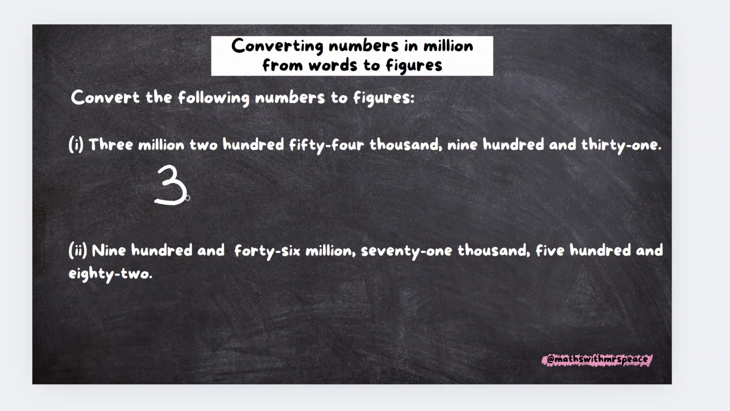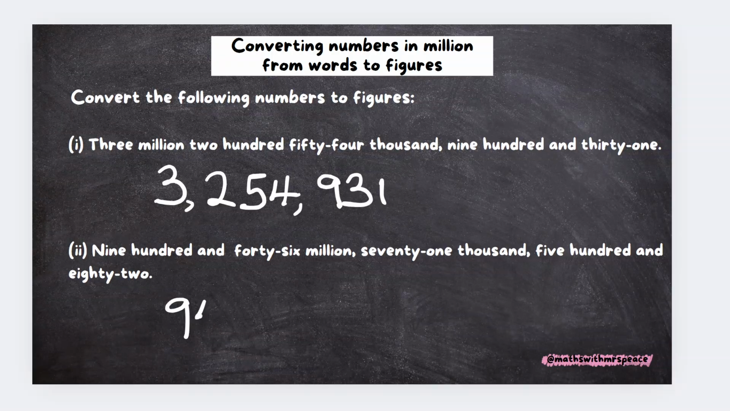After the million, we're going to write a comma, of course. That's going to be followed by 254,000, which we follow with a comma as well. And then 931. So this one is pretty easy to do. Our second example, we have 946 million. We're going to write that as 946 million, comma,